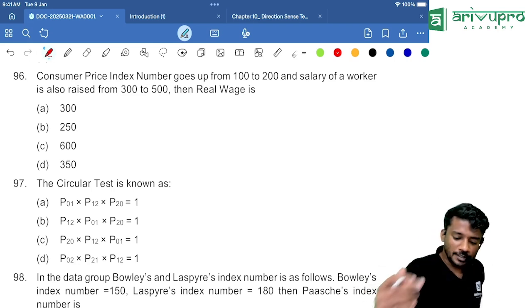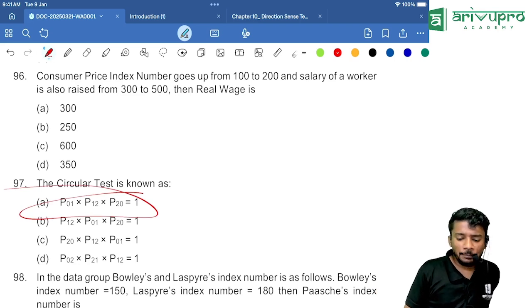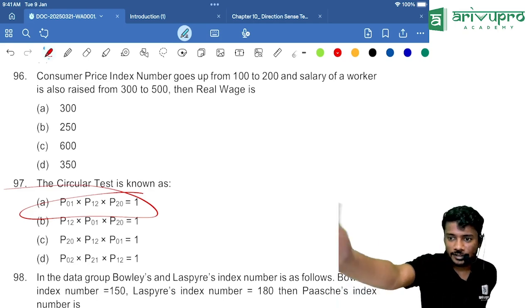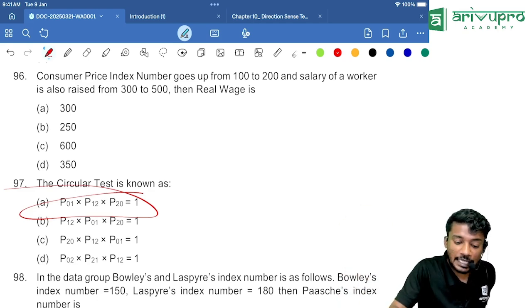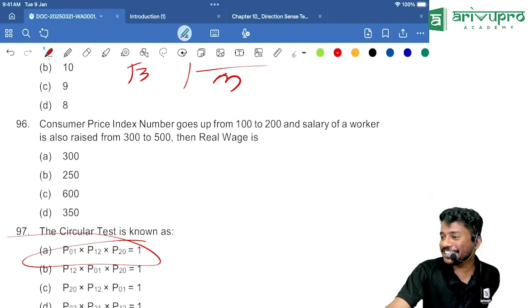Oh, 97 option A. Correct. Good. 96 option C. C or B? C. A. No. First one, the 96th one. That is correct. Yes. 96, I am asking. 96, I am asking you. C only,